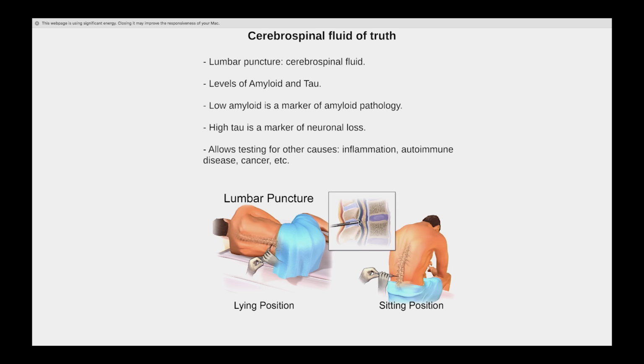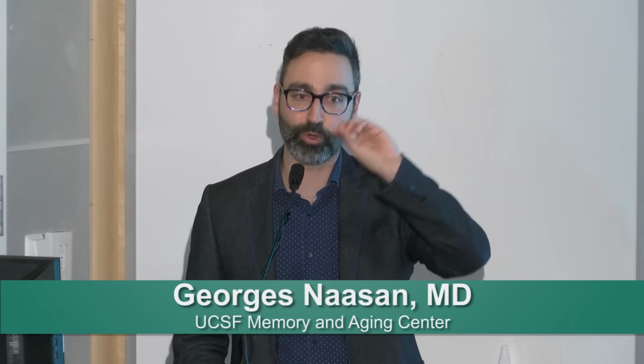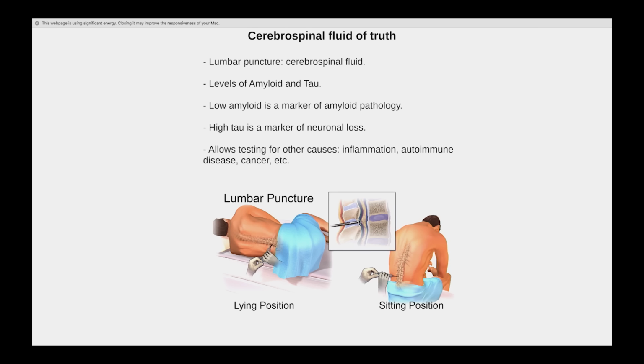If the amyloid protein is low in the CSF, this is the marker for Alzheimer's disease. And we don't quite understand this biology really well, but the way that I try to make sense of it is that if the amyloid is forming the plaque, then not enough of it is circulating in the fluid for us to detect it. So keep that in mind. If the amyloid level is low, then this is a biomarker of Alzheimer's disease.